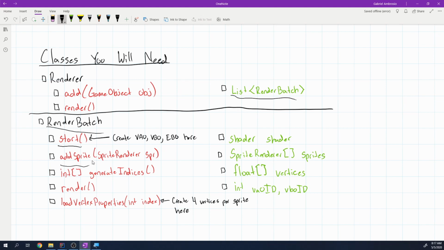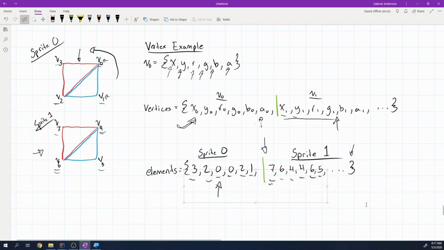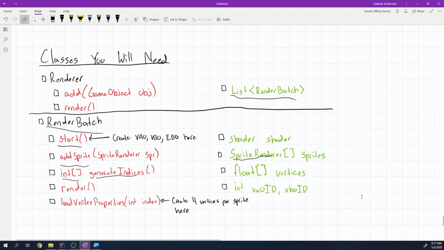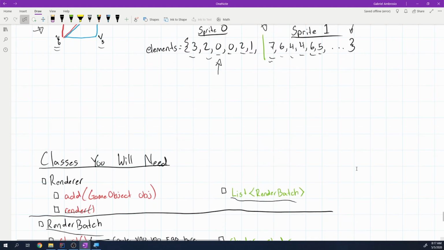We will have an add sprite function, which takes in a sprite render and then adds that sprite to its own list of sprites, which we have right here. And that way it can figure out if any of them are changing or not. Then it has an int array, generate indices, which we said up here is always going to be the same. So we can generate those once, and we know that's never going to change. Then you have your render function, which gets called by this render function when it's going through all of its render batches. And lastly, I have this helper function, load vertex properties int index, where it would basically say, okay,